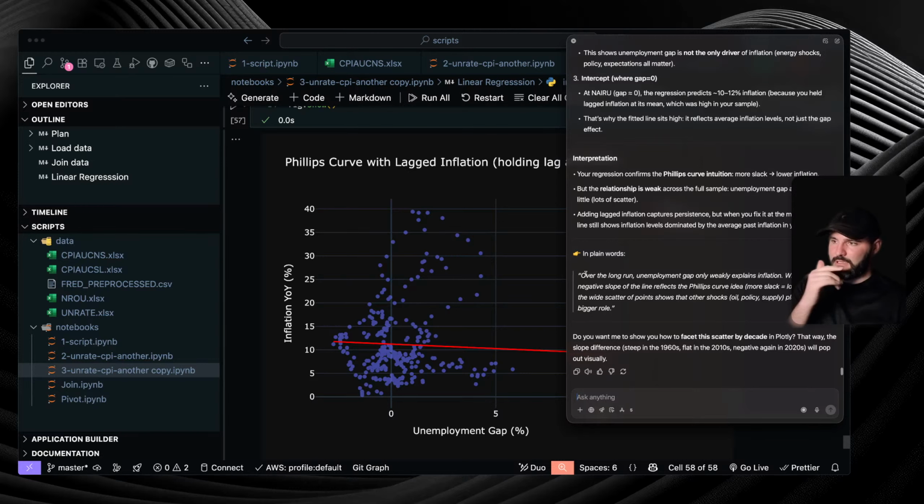Over the long run, an employment gap only weakly, like barely explains inflation, while the negative slope of the line reflects the Phillips curve idea: more slack, lower inflation. The wide scatter plot of points